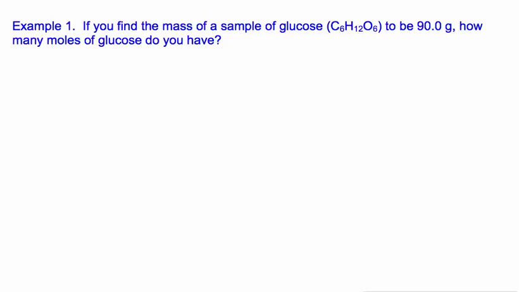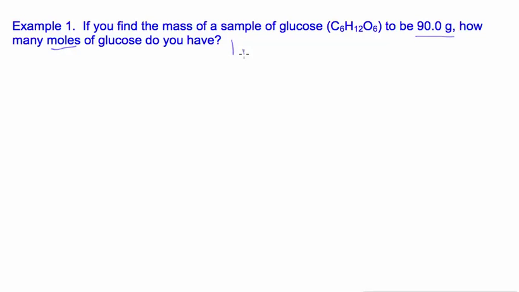Let's practice doing mole mass conversions. Example 1: if you find the mass of a sample of glucose to be 90.0 grams, how many moles of glucose do you have? You can tell that this is a mole mass conversion because you start with mass and you are asked for moles. Anytime you're going between mass and moles, the relationship that you use in order to do this conversion is